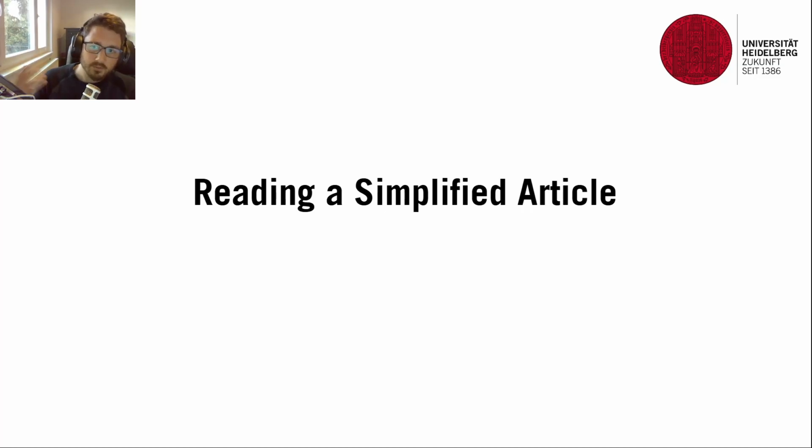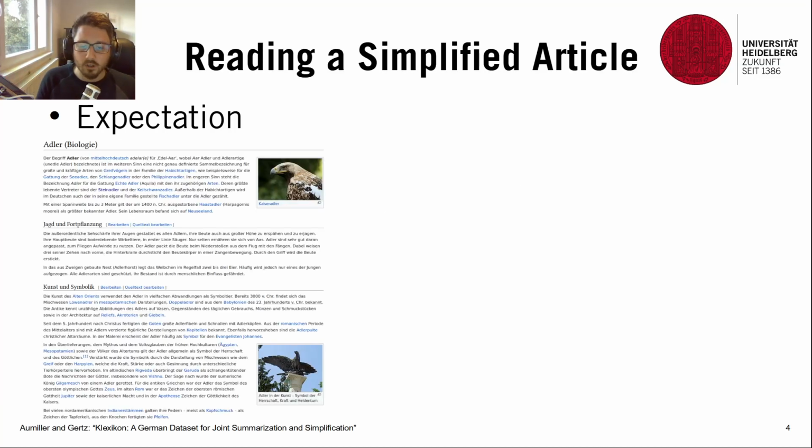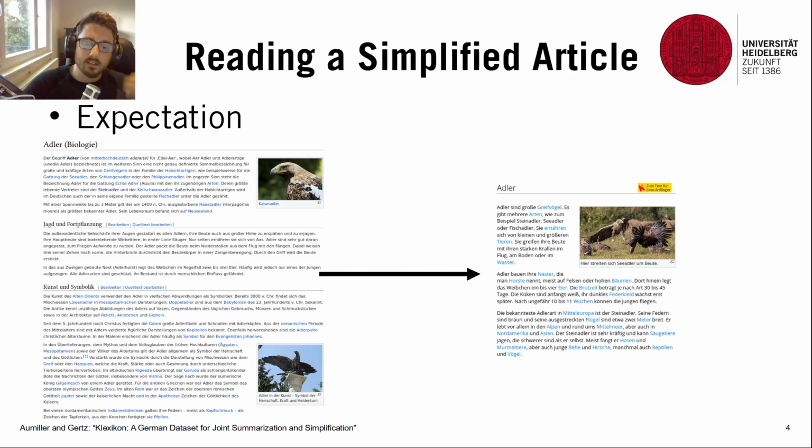Okay, so for the motivation, imagine the following scenario. You are a child and you are looking for information on a new topic that you would like to learn about, for example, an eagle. In your expectation, you find a suitable material, for example, a Wikipedia article, and what you would like is a simplified version that cuts down on the length of the content and on the writing style, meaning that this still conveys the same information, but on a much shorter attention span, suitable for children or otherwise mentally disabled people in the context of language learning.